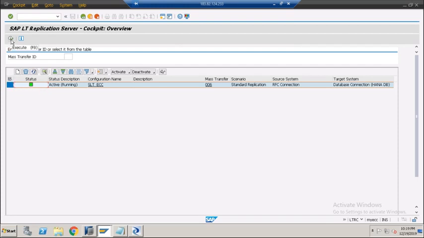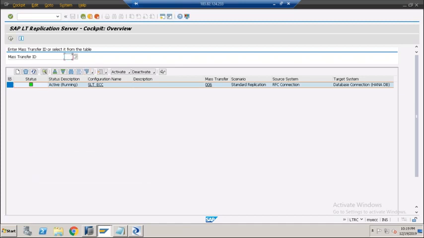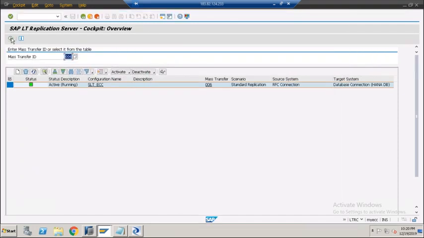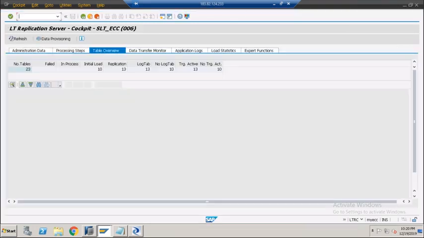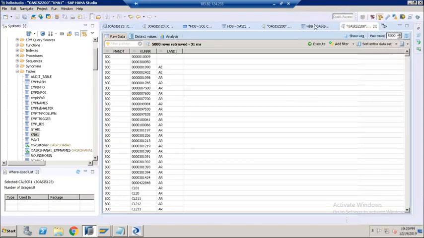Once the configuration is created, you can execute it. Whatever configuration is created, you can see it here like this, select it and execute. Then the process will start. You have different tabs here. Then if you go to the target system,